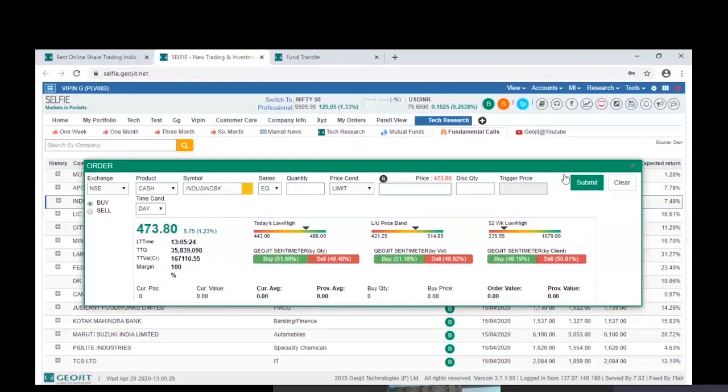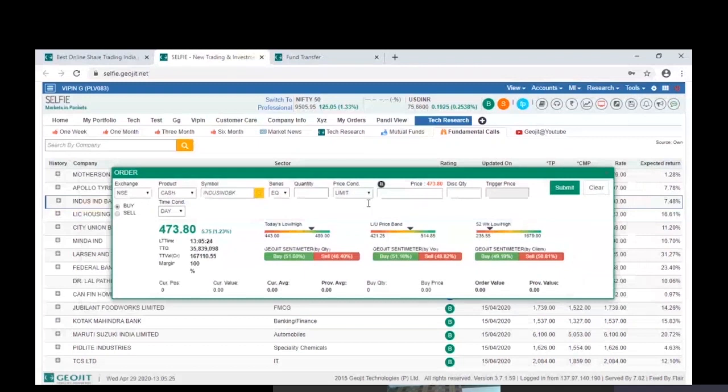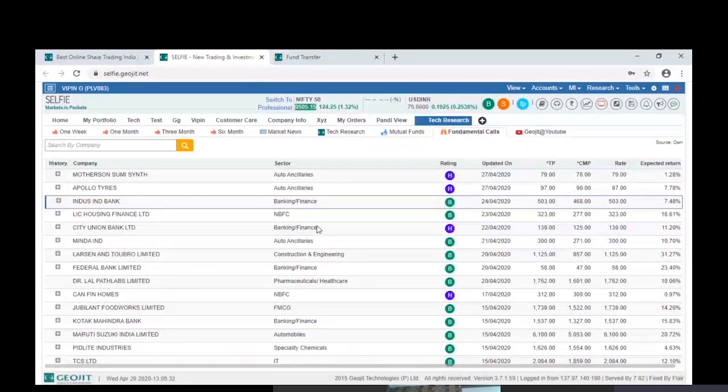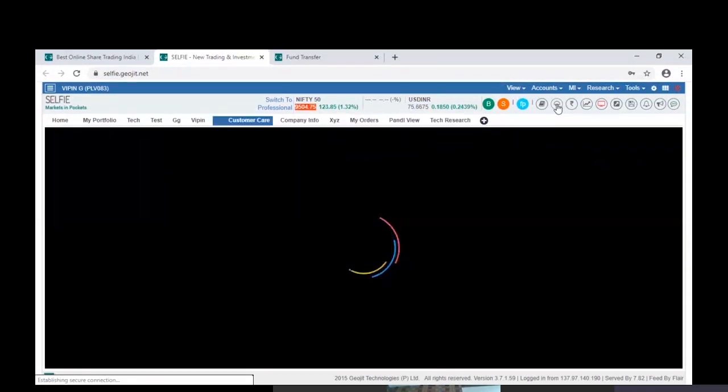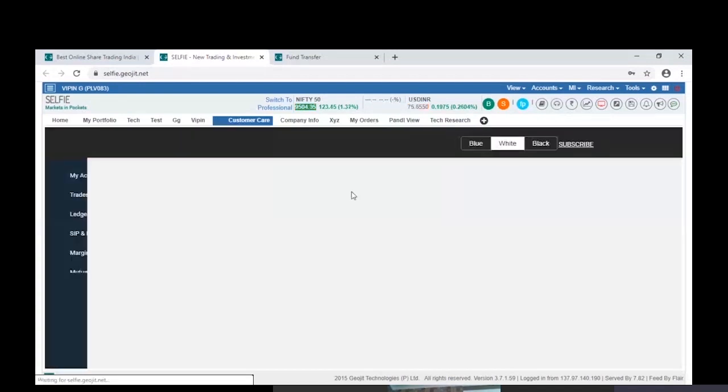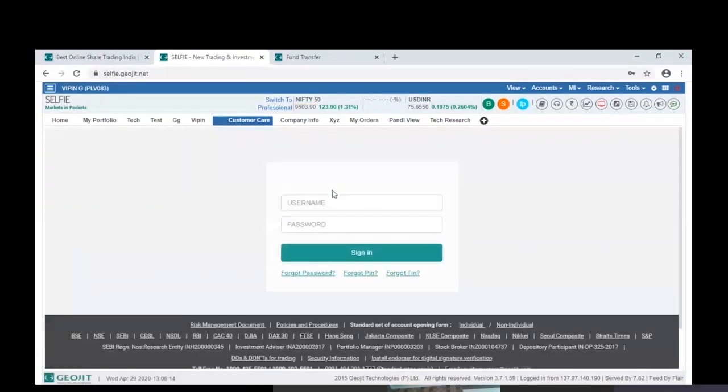Now, on a day, the trading terminal gives you the entire information about the trades done during the day, etc. But if you would like to know the trade details done by an investor in the past, we have a back office module integrated to the trading terminal. You can pull it out from here. You can see something called customer care from here. You can pull the customer care window from the trading terminal, and automatically your customer care page will get populated here.